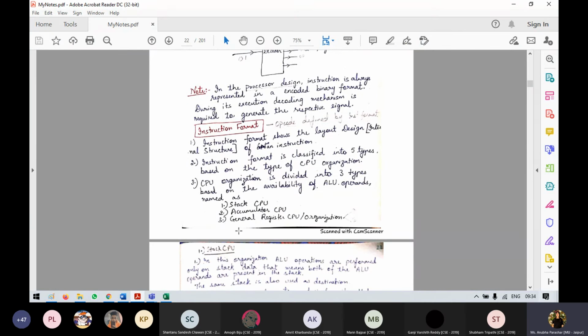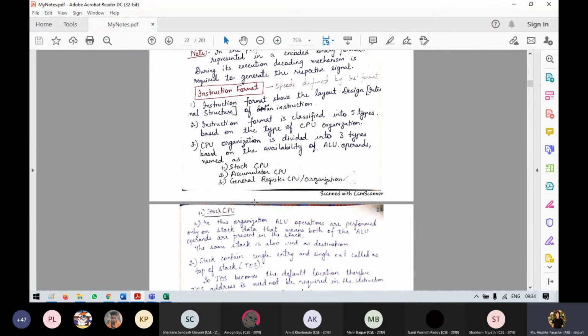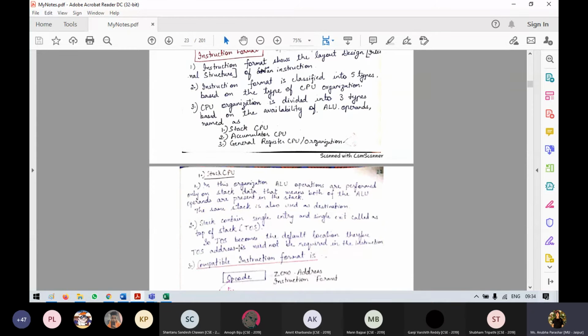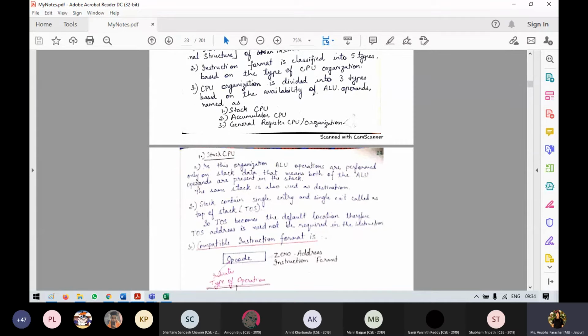Yes. Let's see how these work. First we'll discuss the stack CPU. Now you have to keep remembering a few points, otherwise you'll get confused between these three architectures. So you have to listen clearly and understand this. In this organization, ALU operations are performed only on stack data, right?